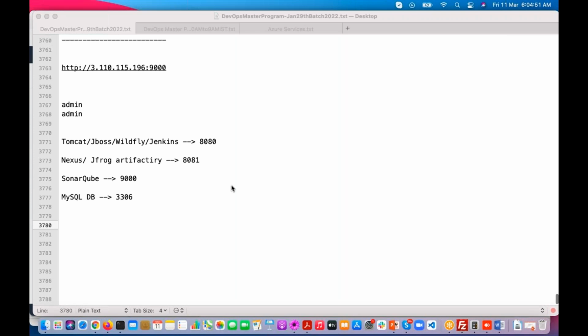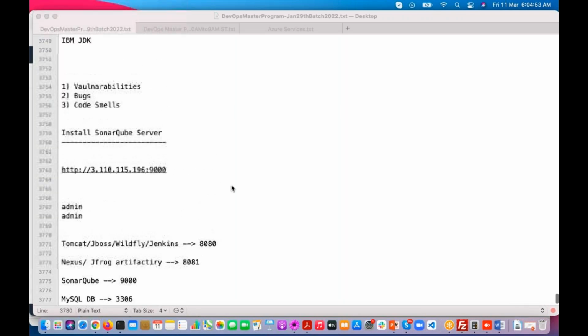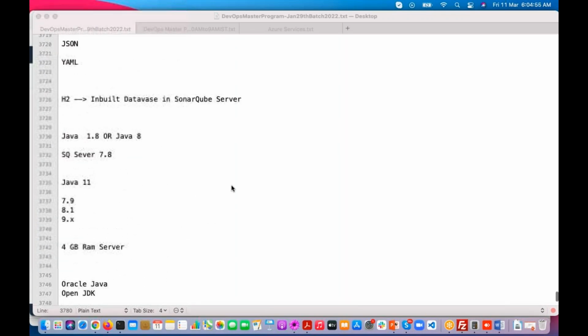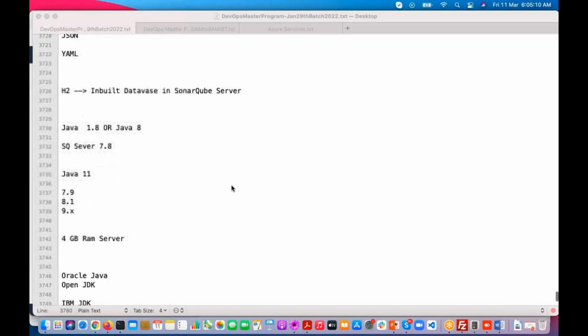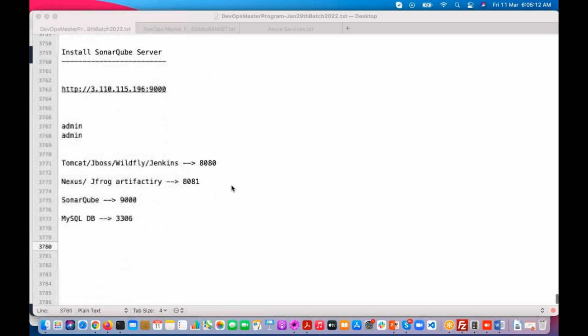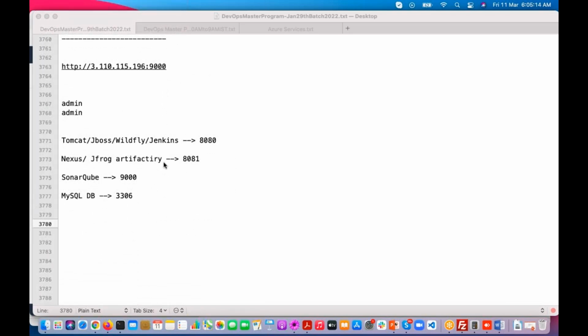Hey, hello everyone. Okay, so yesterday we discussed what is code coverage, what is code review, what is SonarQube, what SonarQube does, the installation, the prerequisites, and the architecture. So all these things we discussed, right? So today we are going to execute the SonarQube report for our Java